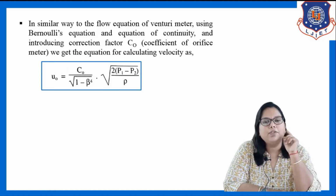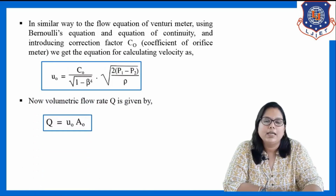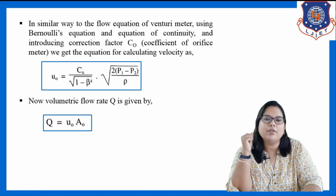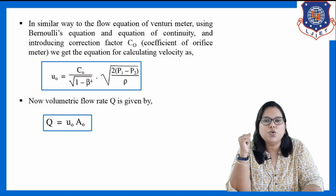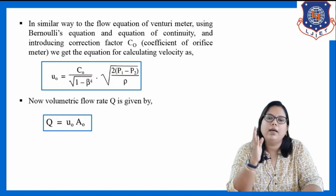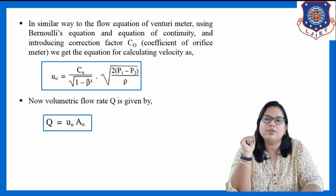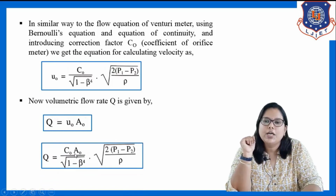So, in a similar way to the venturi meter, we reach this form of equation for velocity. Now, at the end, what is our aim? To reach an equation which is used to calculate the volumetric flow rate of the fluid. And the volumetric flow rate Q is equal to velocity into area. So Q is equal to U0 into A0. Put this value of U0 in this equation. So Q is equal to C0 A0 upon under root 1 minus beta raised to 4, times under root 2 (P1 minus